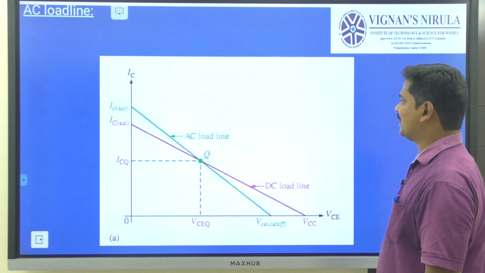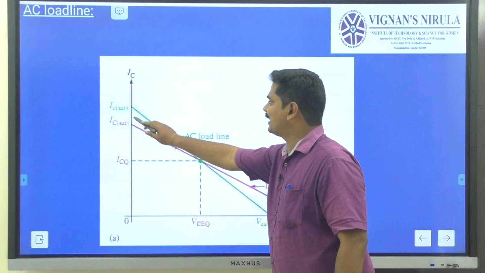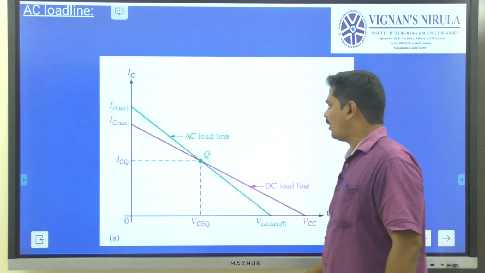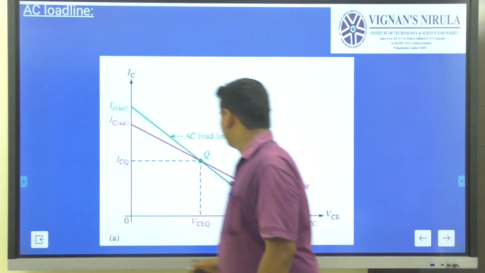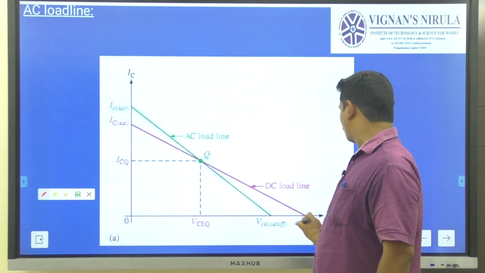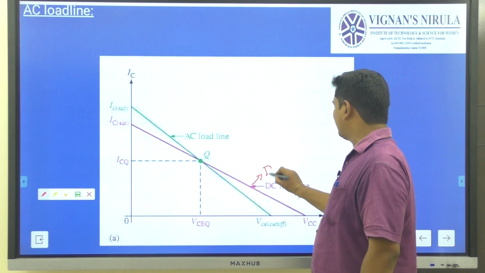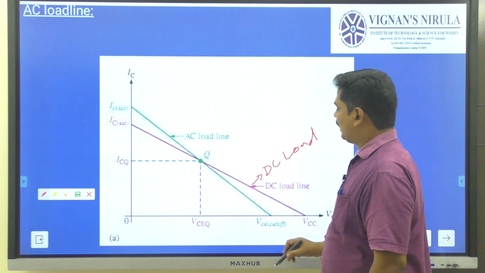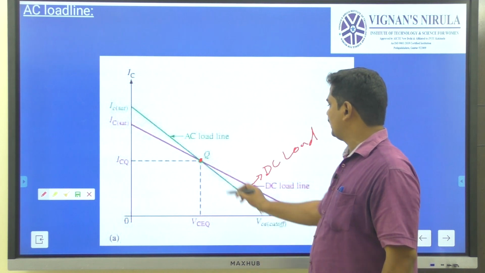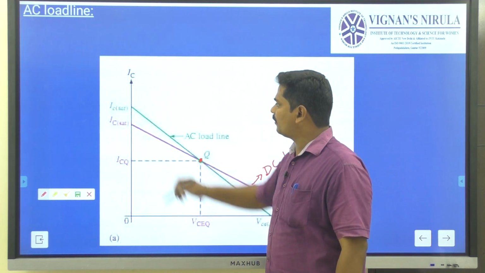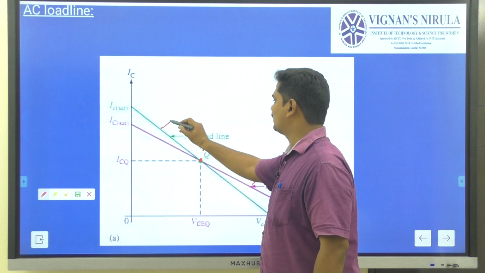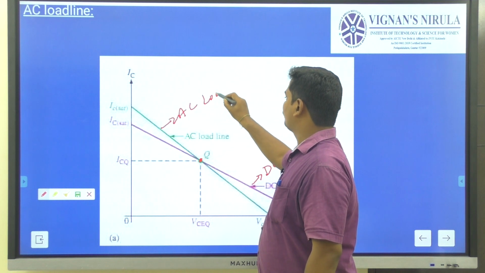If you observe this AC load line analysis, we are taking the saturation point between IC and VCE, and this line is called the DC load line with respect to the IC saturation and VCE. The point VCQ is called the voltage of your VCC at the Q point, and the value of your IC at that point. This line is represented as the AC load line.